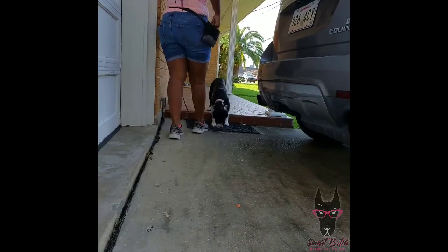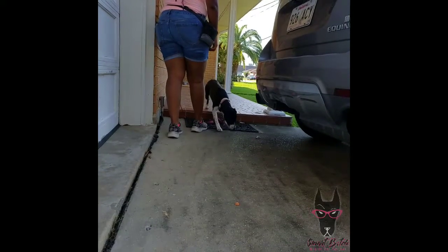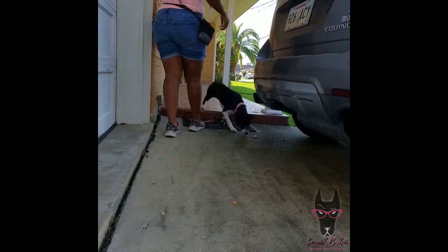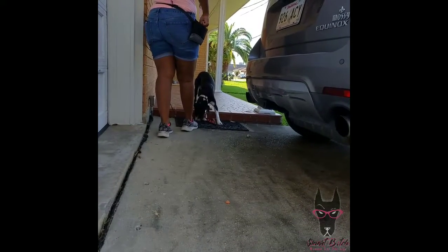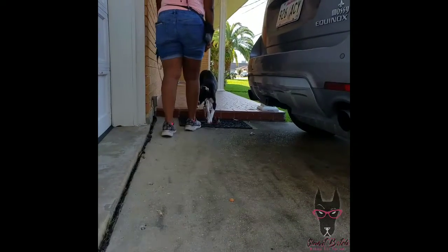just like this. And the reward can come from one of two places. It can come from getting closer to the car, there'll be a reward, but if we think that she's a little too timid, then we'll actually give her a reward behind her. So, thank you for approaching. Here's a reward in a safe space. Either way, there's really no wrong way in doing this unless you try to pull her towards what she's scared